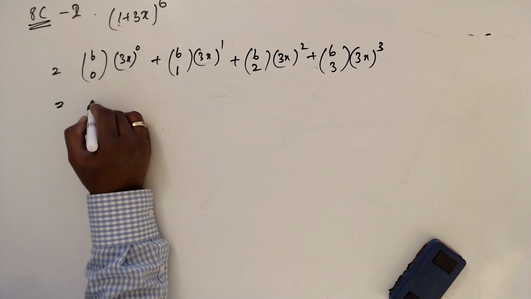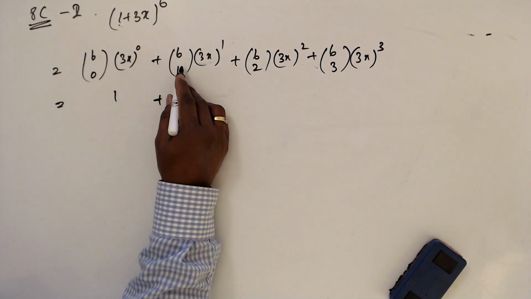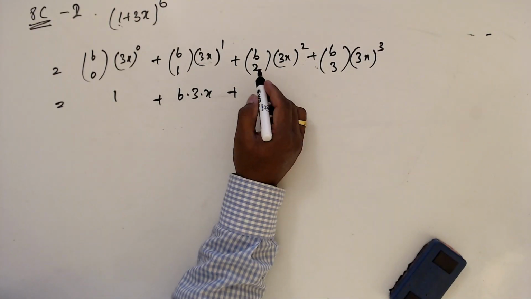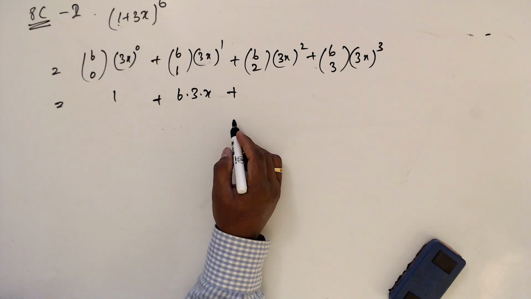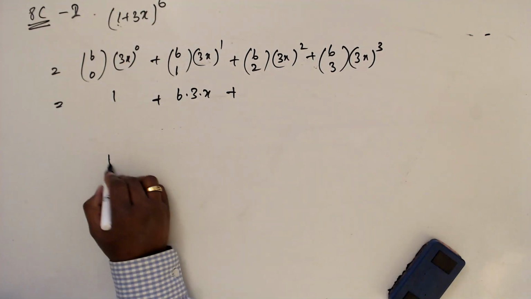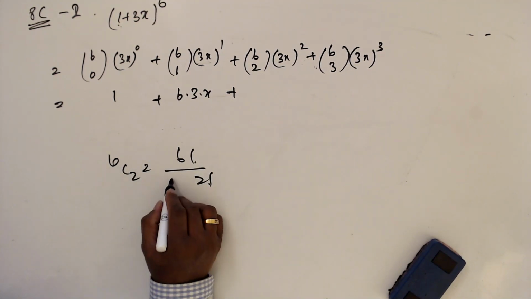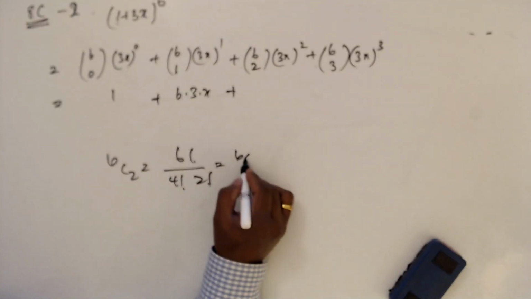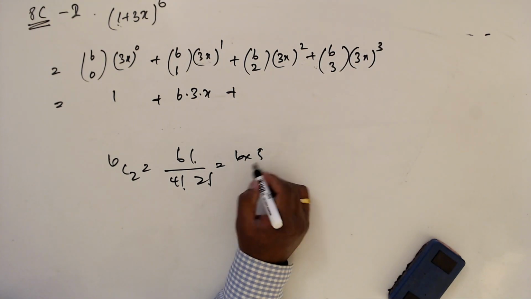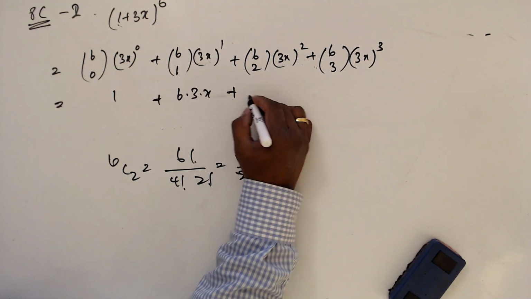Now this is going to be 1, this is 1, this is 6 times 3 times x, this is 6C2, 6 factorial over 2 factorial times 6 minus 2 factorial 4, 6 times 5 divided by 2. So 15